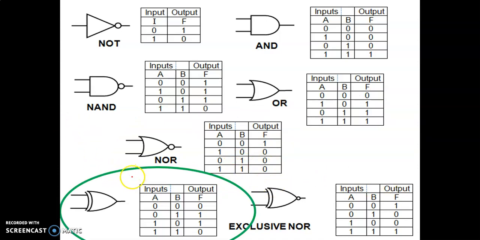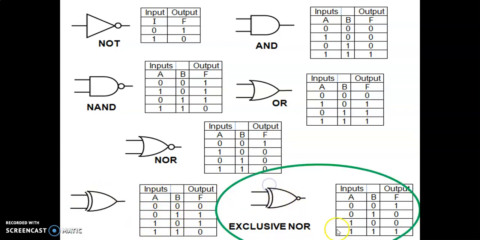Now we come to the XOR gate. This is exclusive OR or XOR. You can also call it as XOR gate. All four combinations are once again listed out here. What it dictates is that in case of an XOR gate, if the inputs are different, that means 0, 1, the output becomes 1. 1, 0, output becomes 1. If all the inputs are same, 0, 0, then the output is 0. If the inputs are 1, 1, the output is 0. This is how a XOR gate operates. That is exclusive OR gate. Either one of them is 1.